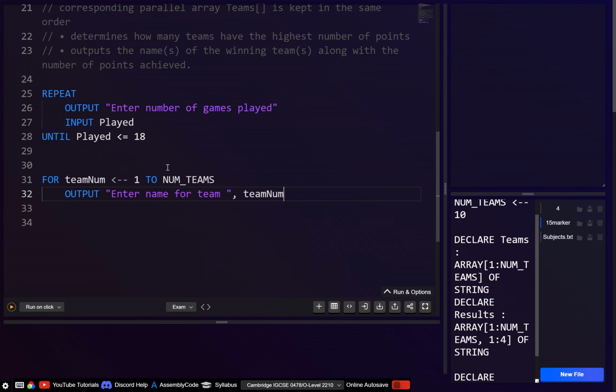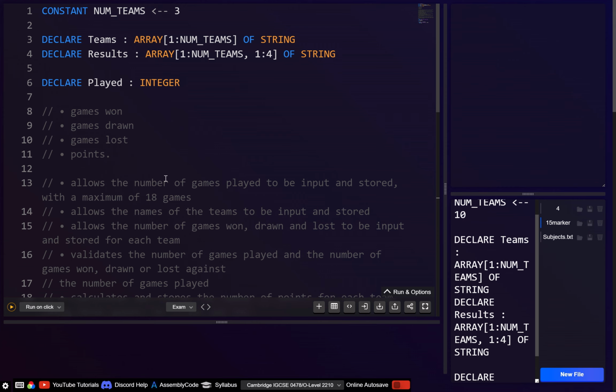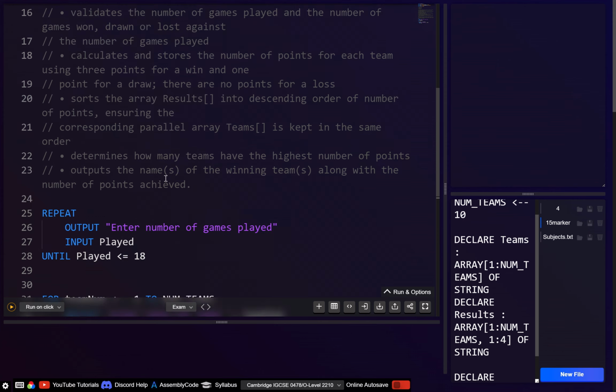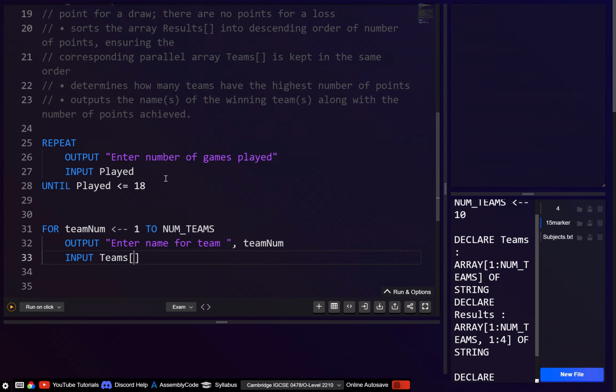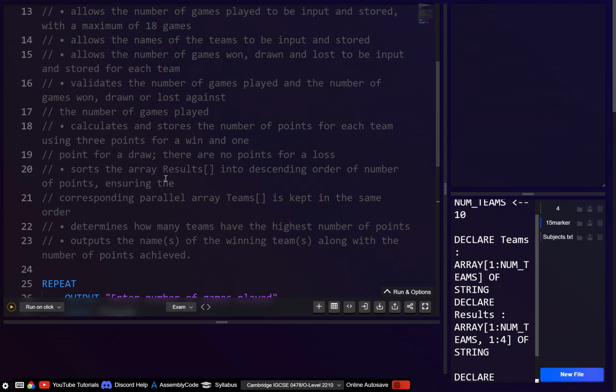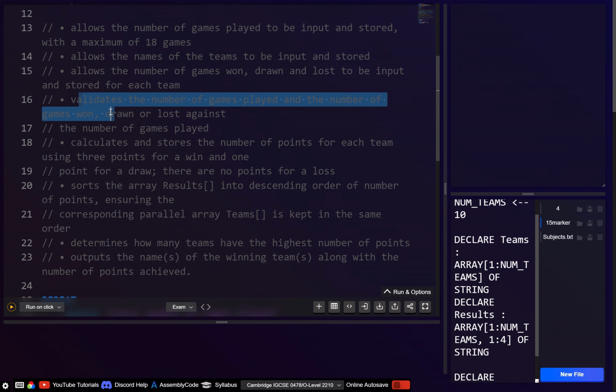So let's go, team num, and then we'll just go input, and what is it called? I think it's called teams. Okay. Right, so we're going to input teams, and this will be row or index team num. Right, then, because we want to validate the number of games played, this we also need in